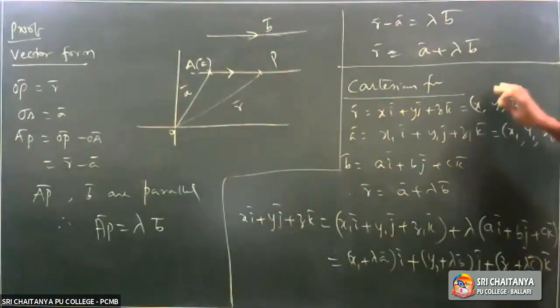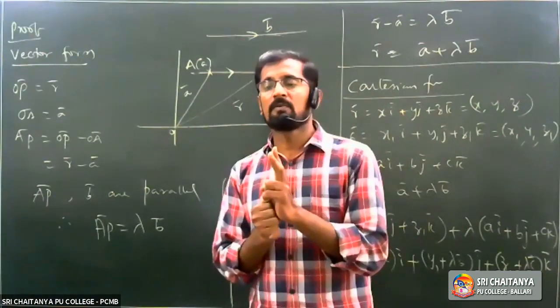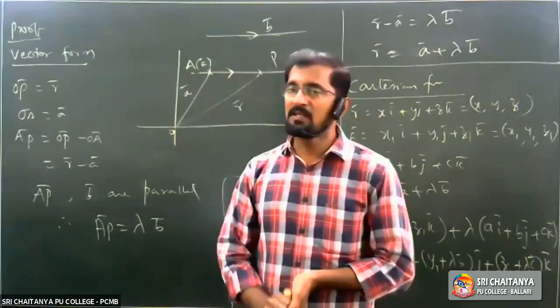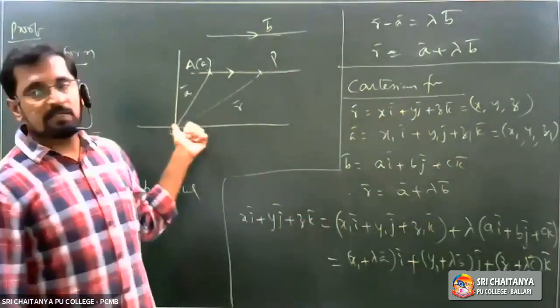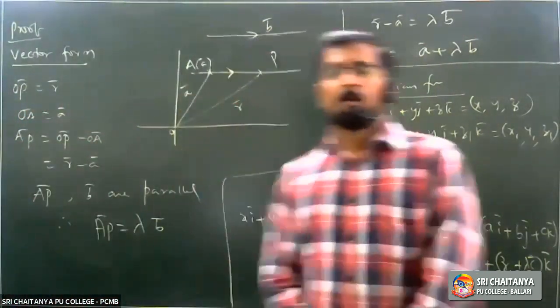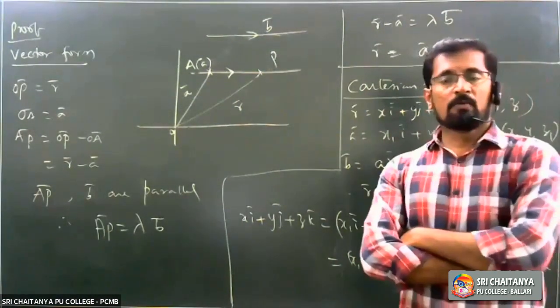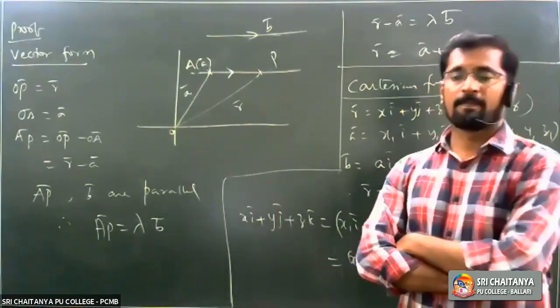I am going to discuss this Cartesian form once again, because this is a very important theorem. In these lines, 2 theorems, you are going to get 1 theorem for the 5 marks compulsory question. Very easy. I am going to repeat this while you are copying. Let O be the fixed point, which is called the origin.